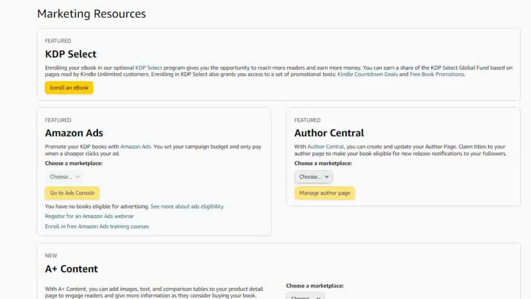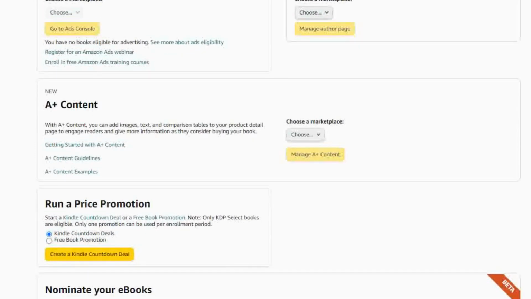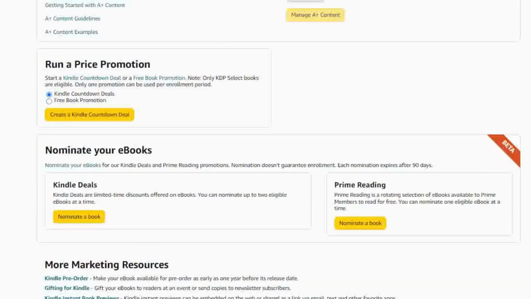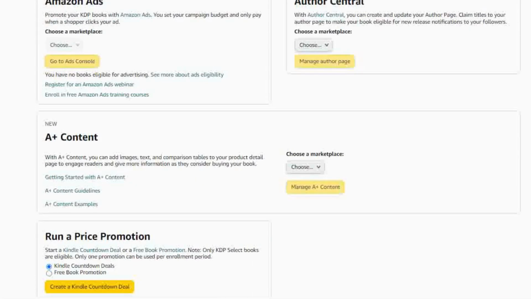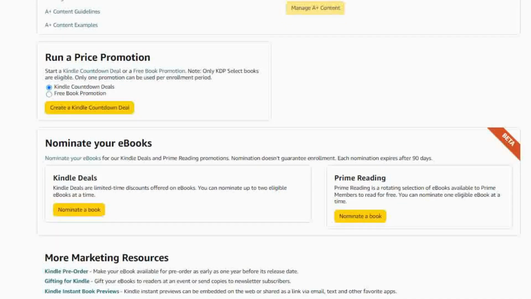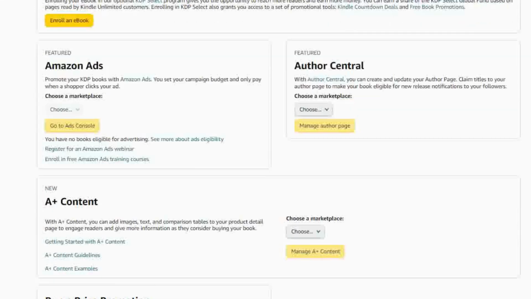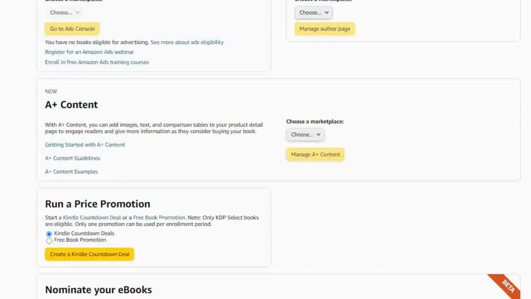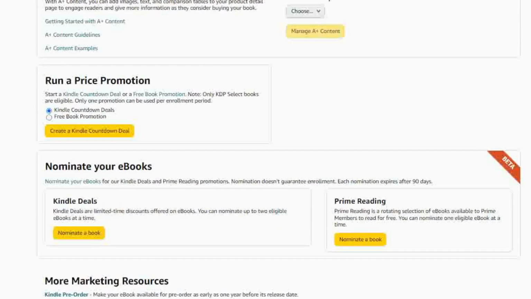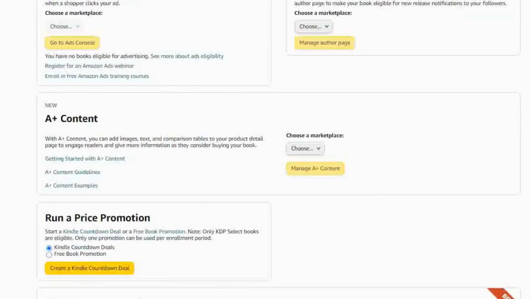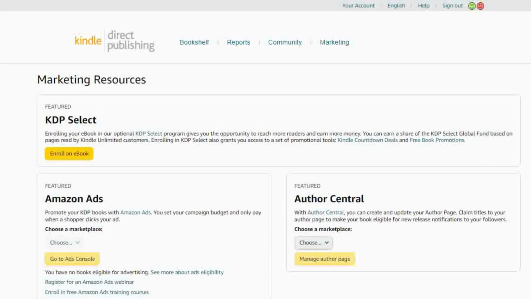Next here is marketing. You can also run ads for your book. I promise you, if you do it the right way with good content, you're definitely going to make sales. However, you will still make sales without an ad, but ads can help to increase sales. If you know how to and you have the money to run ads, I tell you it's a good thing on Amazon. It can help you skyrocket your sales. For beginners, don't worry, go slowly, and then when you get money, you can increase your sales by running ads.